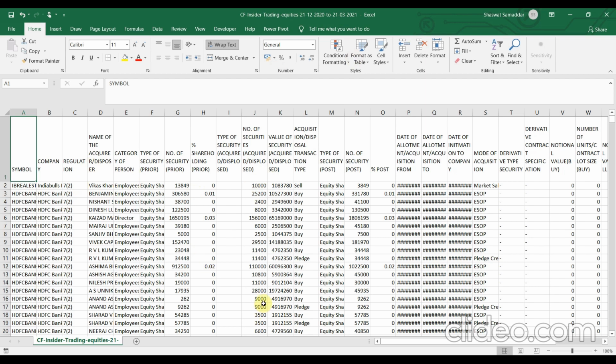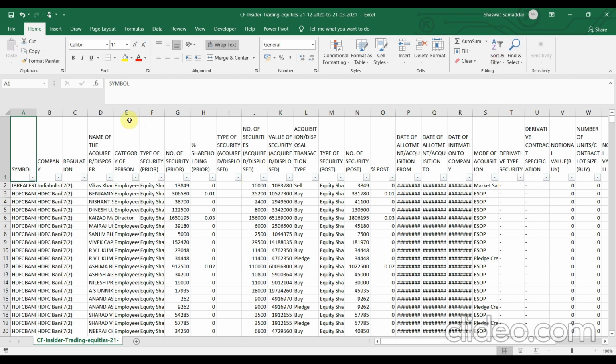We don't have to get overwhelmed with the huge data that is present in this particular sheet. We don't have to crunch each and every number present on this sheet. So we have to apply some filters before we start doing our analysis. So let's apply the filter.